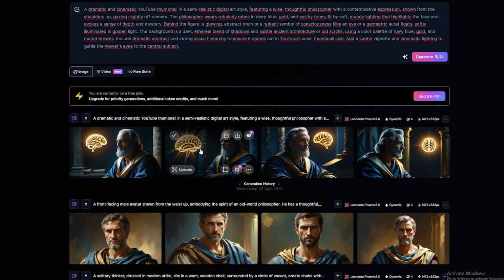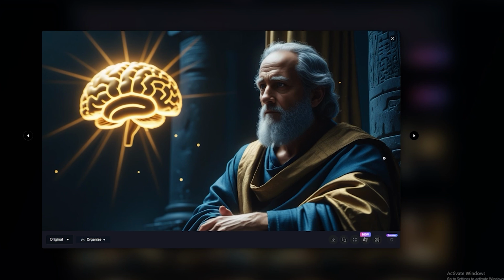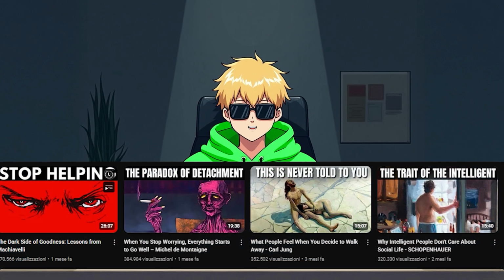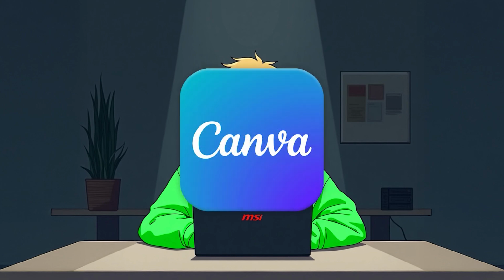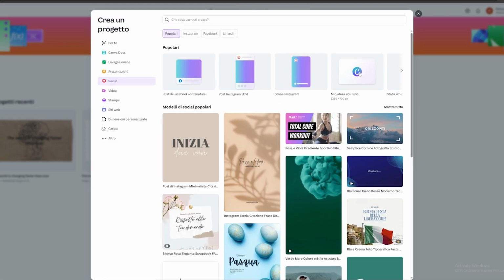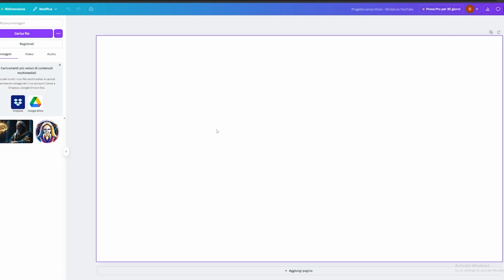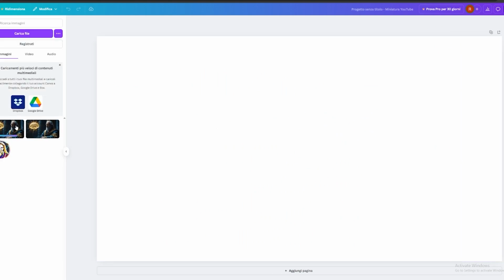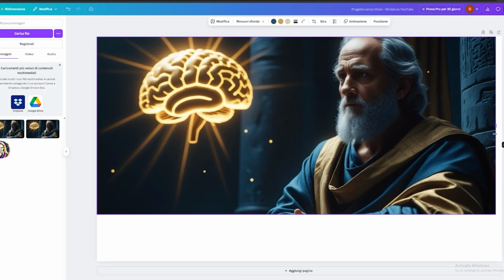Now listen, the thumbnail you just made is pretty good, but as you can see, in the thumbnails of these that were successful, creators are using attention-grabbing text. So let me show you how to easily add text to make it even more effective. To do this, we're going to use Canva, so open it up. Once inside, open the YouTube thumbnail template, then go to the upload menu and upload the thumbnail you created. After that, drag it into the template and stretch it so that it fills the whole template.